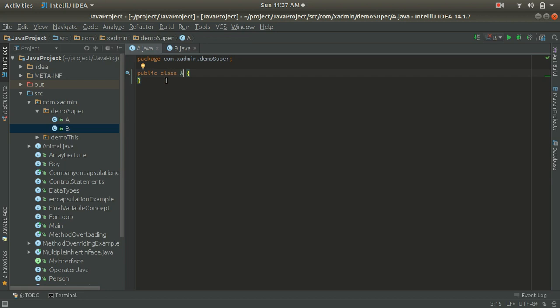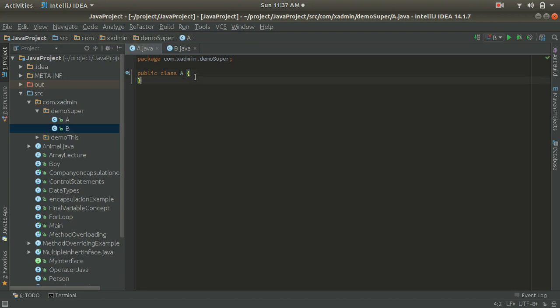All the properties and methods will go directly to class B. Here I am using the inheritance concept, right? Class B is a child class or a subclass, and class A is a super class or a parent class.